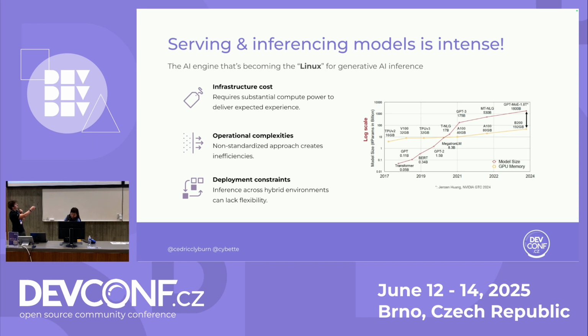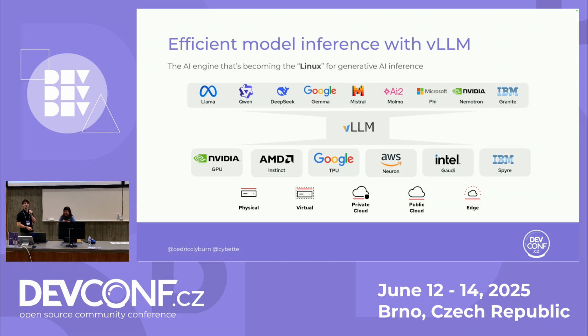For example, that's the leaked parameter size of GPT-4 that Jensen Huang actually accidentally showed at one of his conferences. So fortunately, there's this project that's becoming the Linux of LLMs, vLLM. Yeah, vLLM is pretty cool. It's easy to use. It supports a bunch of different hardware accelerators, and you can use it to inference with different model families. It's kind of like Linux, as Cedric said, because as we know, Linux runs on different vendors' hardware, and supports different packaging, distros, and desktops, and so on.